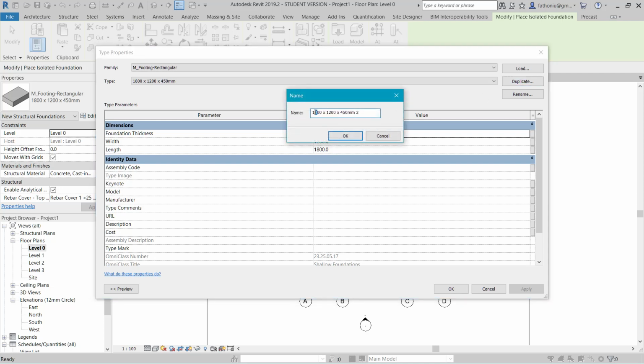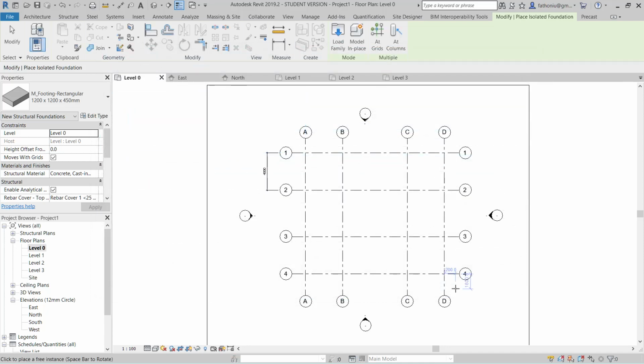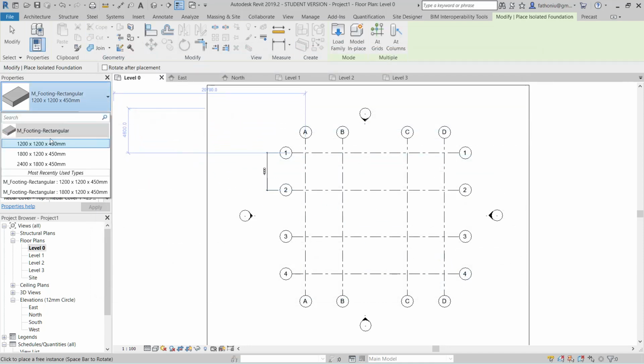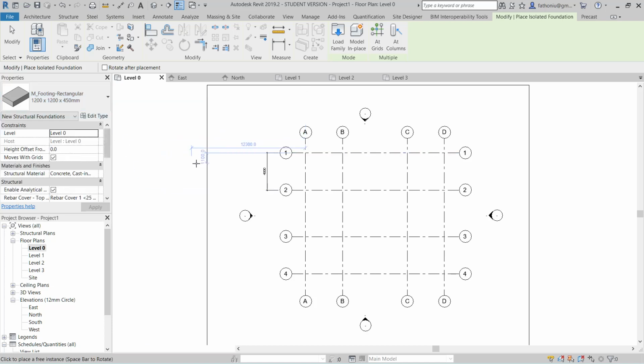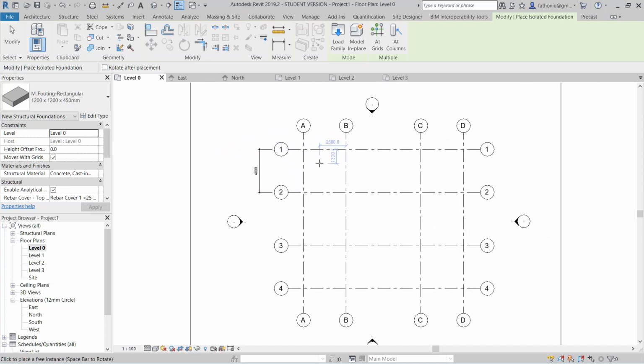Let me have 1200, 1200 for 50, then OK. So accordingly you have to change the size of the foundation as well here, and then to continue you press OK. So here we already have this size, and you can use it. You can place the selected foundation type in any place,